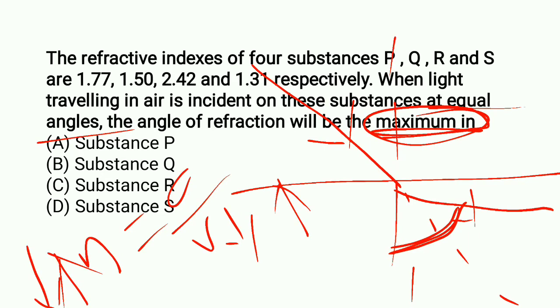Among the four substances, which has the least refractive index? 1.31 is the least refractive index. So 1.31 is the substance S, and here option D, substance S,